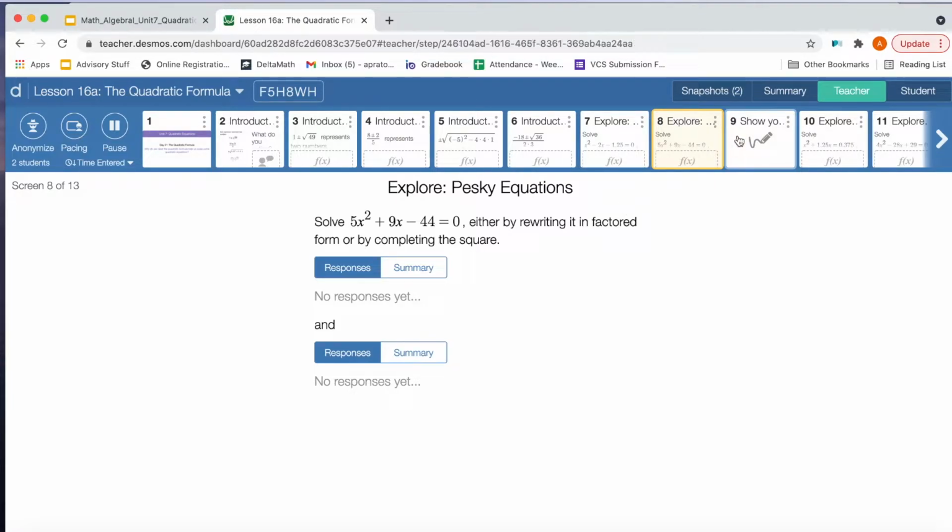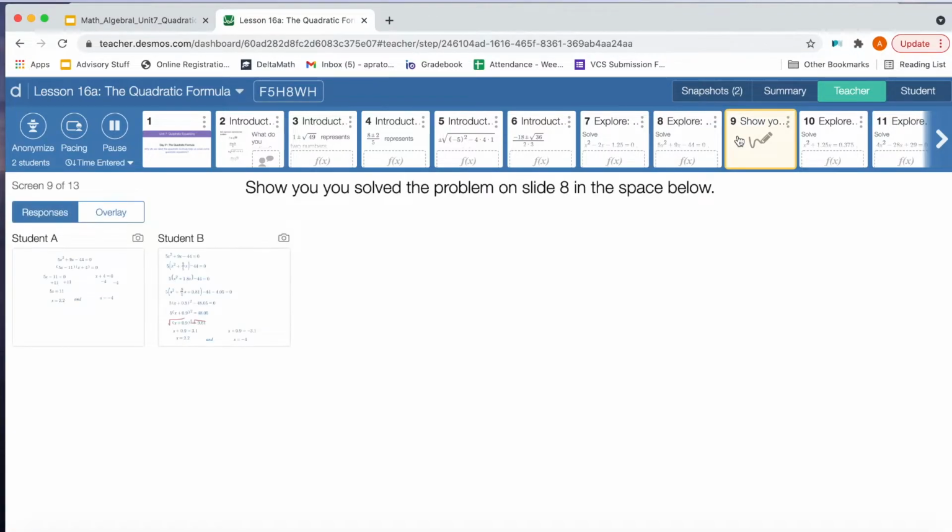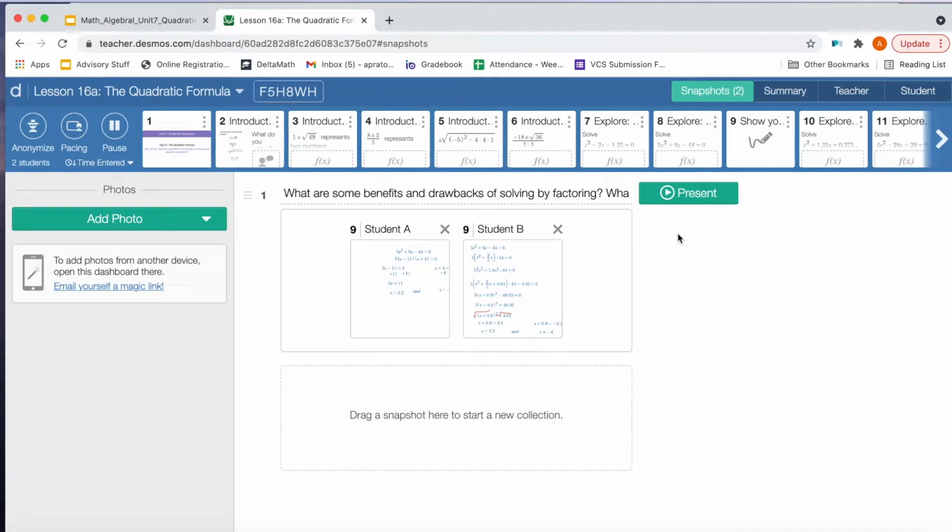And so for this one, I have a prompt here on slide 9 that asks students to show how they solve the problem. And so I took a picture of this student work, and I put it under the snapshot section of this lesson. And so to facilitate the conversation,